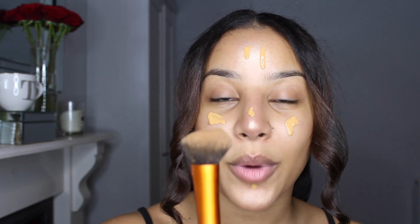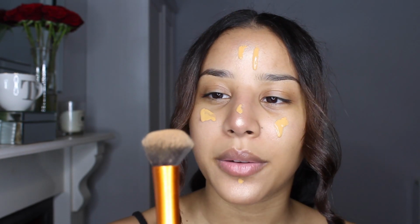And then I use this brush. It's just a Real Techniques one. To be honest, I really need to clean mine, but